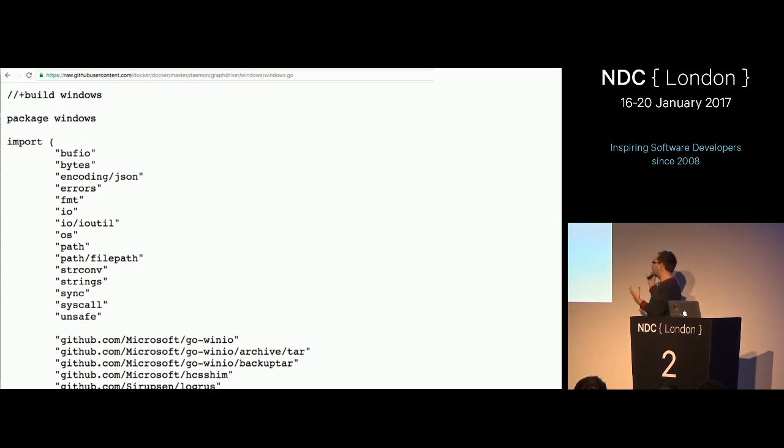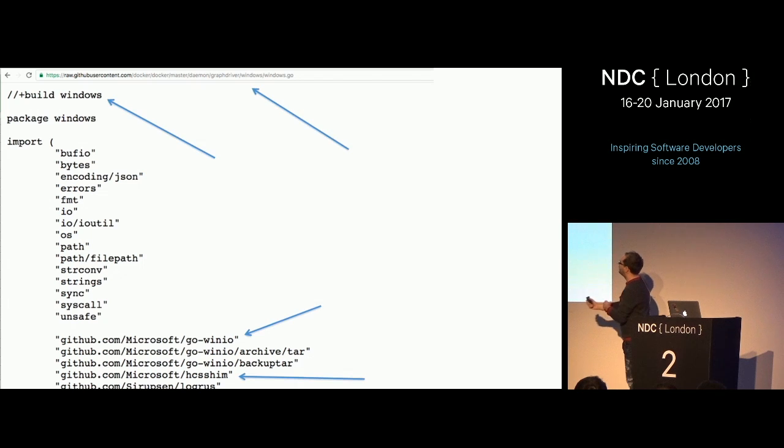And we can see this by looking at the Docker source code, because everything is open source, which is amazing. You can see some interesting aspects, like we've now got a Windows directory, and it's taking advantage of Golang, so we can have targeted builds for Windows, for Linux, for OS X. And also we see some interesting things coming from Microsoft in terms of how they're dealing with the container ecosystem. We've got a Windows I/O library publicly available on GitHub written in Go,